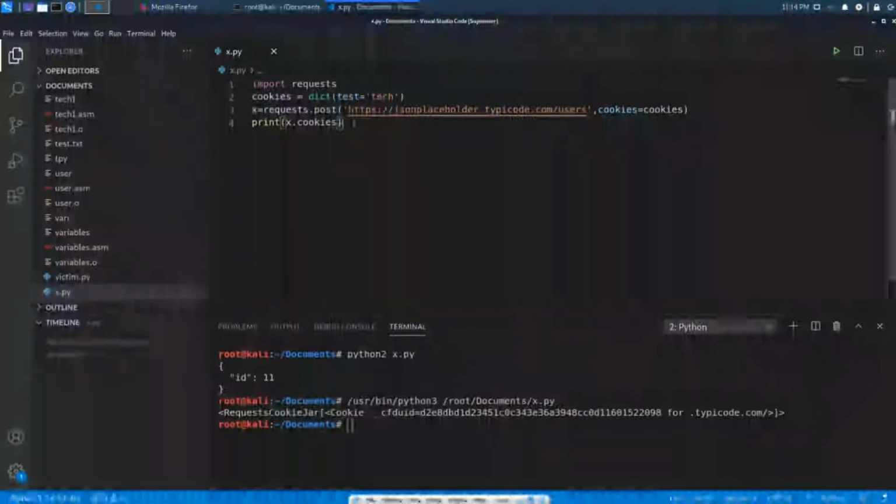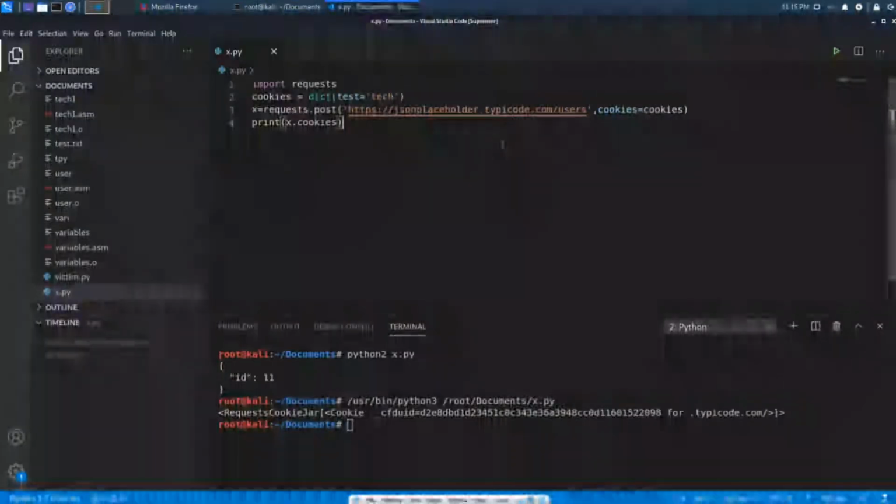This is how you need to deal with the cookies.